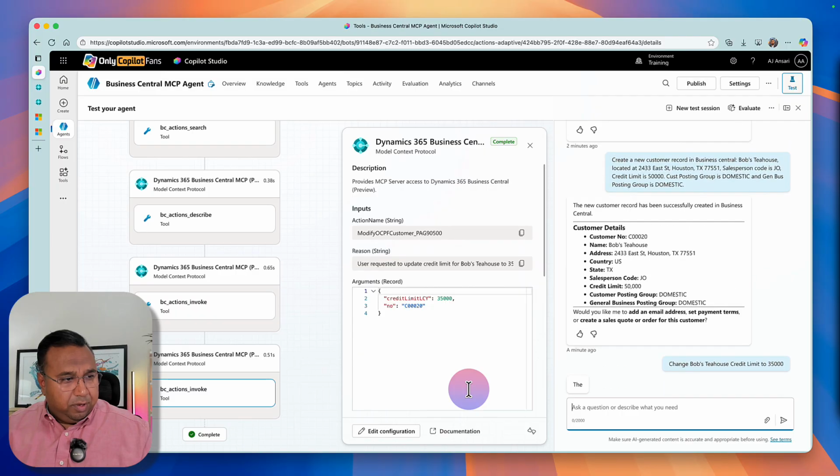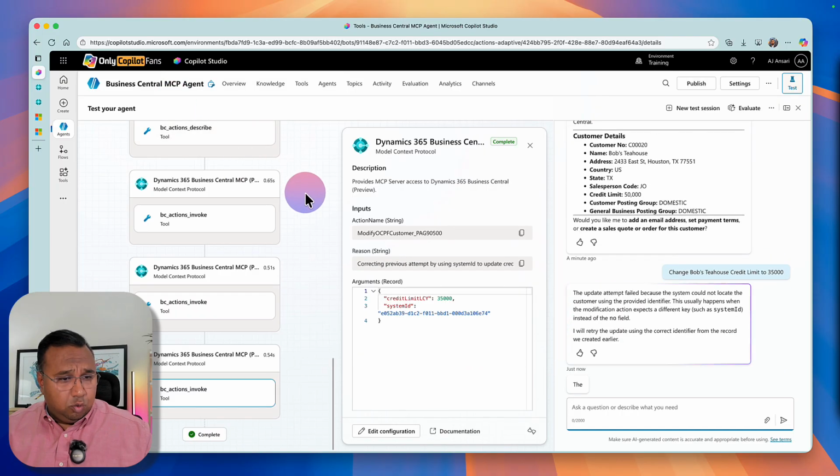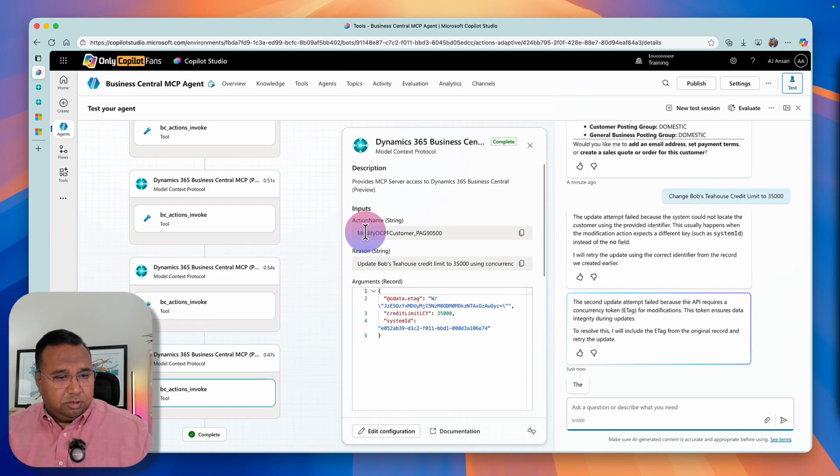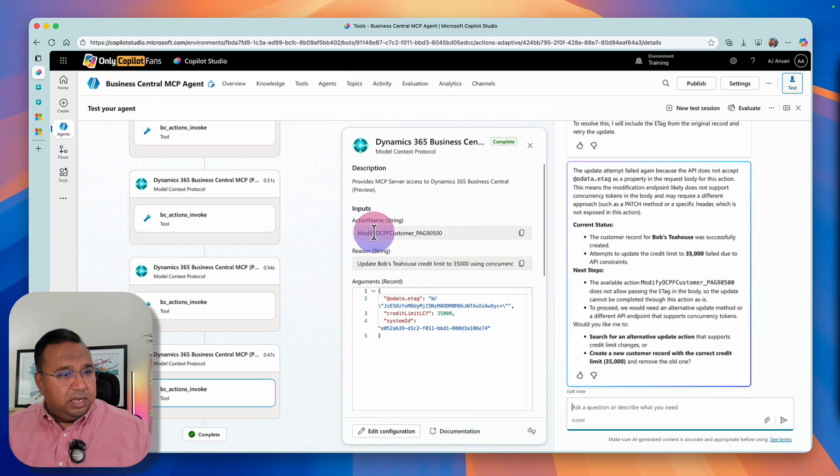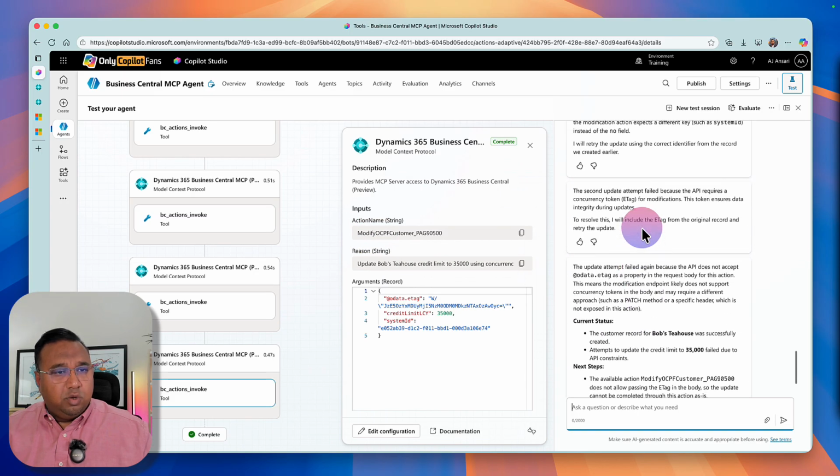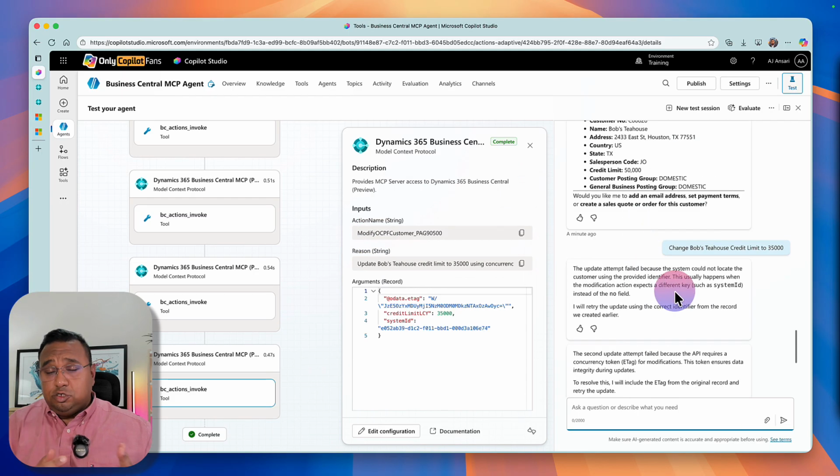Let's see what it's going to do up here. Okay, it's called the modify tool. Because here's an interesting thing. It tried to find a system ID and it wasn't able to locate the system ID. So for those of you who don't know,